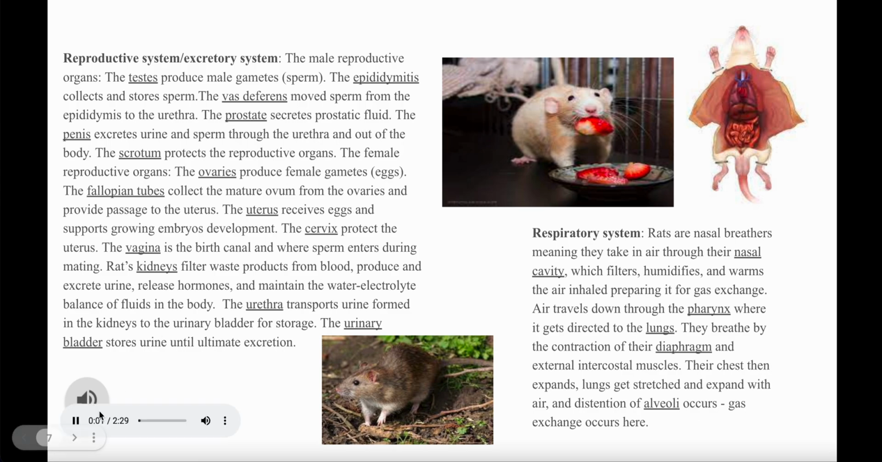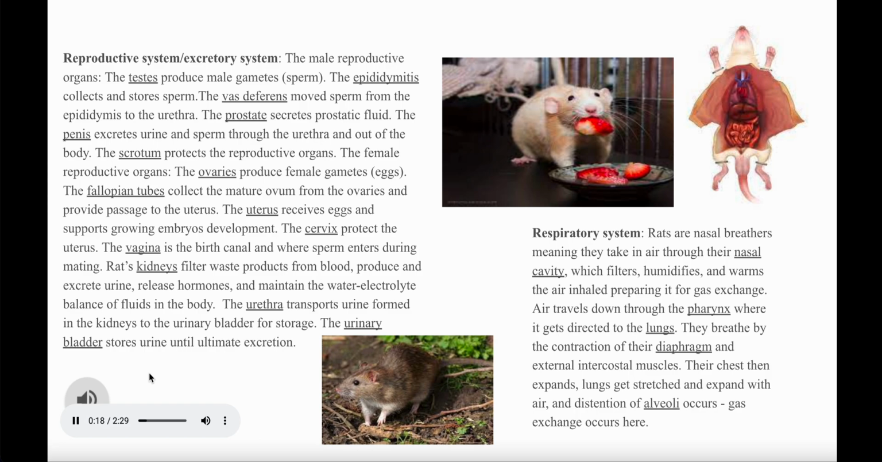Here's the second slide for the anatomy of the rat, and on this one I will be going over their reproductive system and excretory system and their respiratory system. So for their reproductive system and excretory system, the male reproductive organs of the rat include the